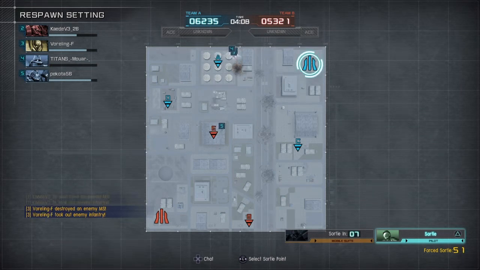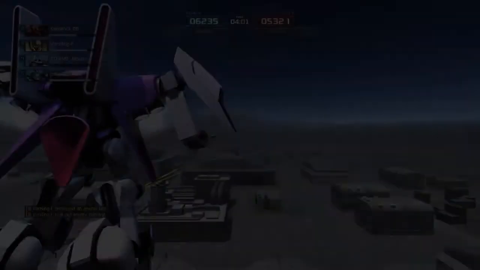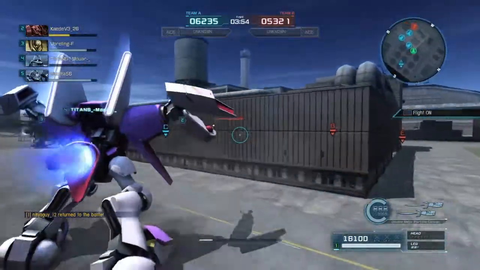But hopefully eventually we'll see some of the other Byarlants, because obviously you guys didn't know, there are quite a few Byarlants we need to get. So first off, probably the most well-known one, aside from the Zeta version of the Byarlant, is the Byarlant Custom